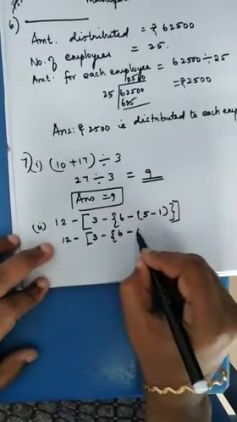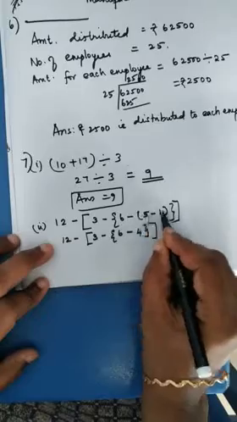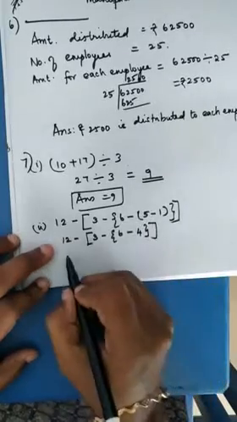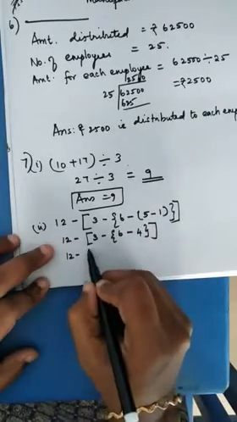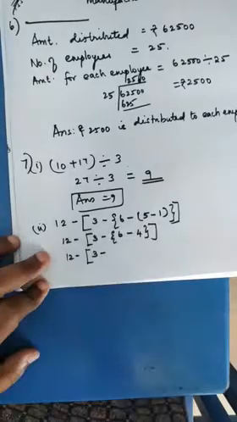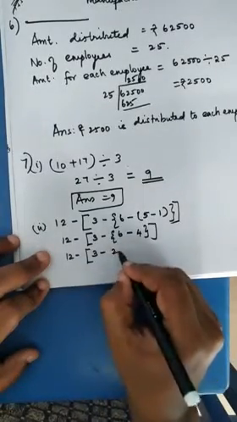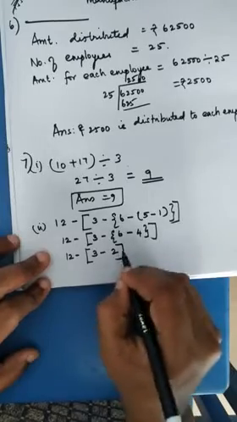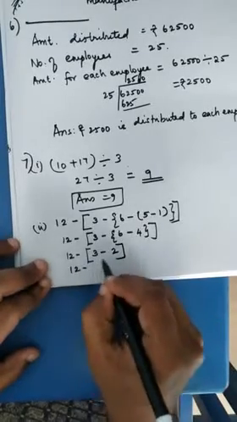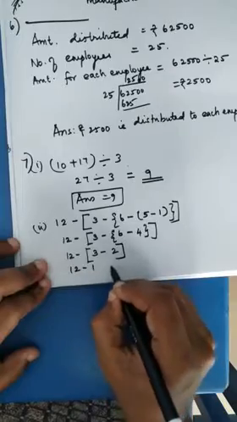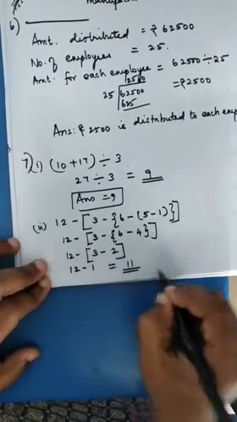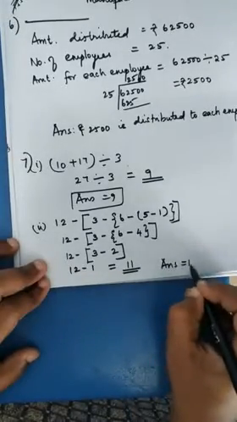For 5 minus 1, 4. Now I completed this bracket. Now I am going to go to the next one. That is 3 minus, what is 6 minus 4? It is 2. Then I come to the box bracket. That is 12 minus, what is 3 minus 2? It is 1. So what is my final answer? It is 11. So my answer is equal to 11.